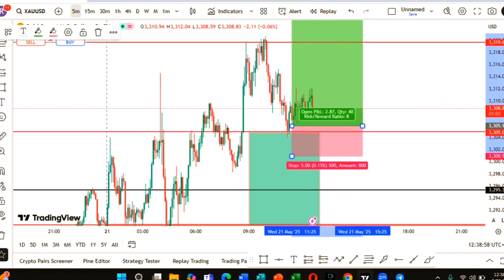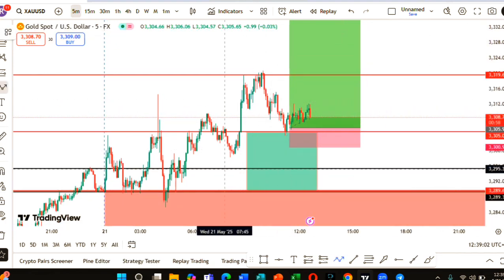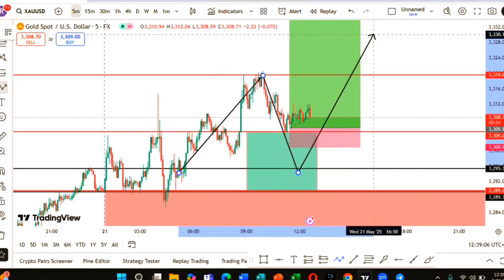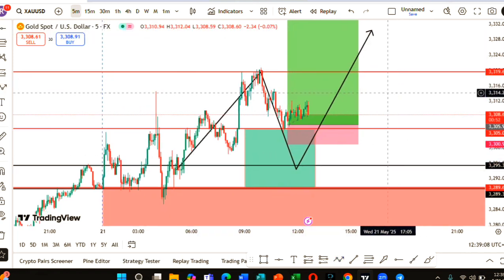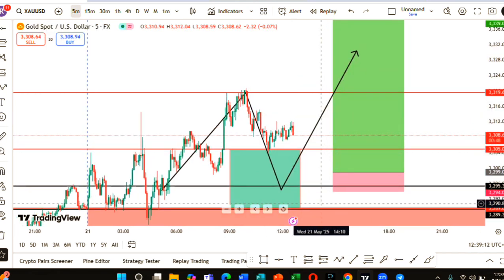But for me, I'm waiting for this market to come. As you can see, this was a break, it should have a retest here, then continue a buy move to the upside. So I'm going to wait for this trade to play out. Maybe if it breaks